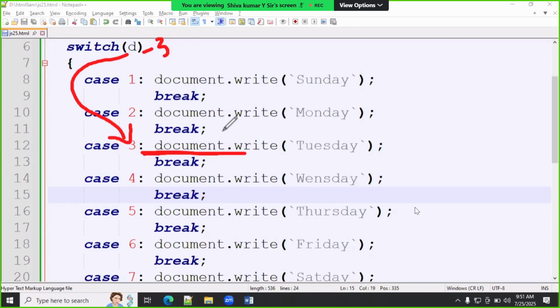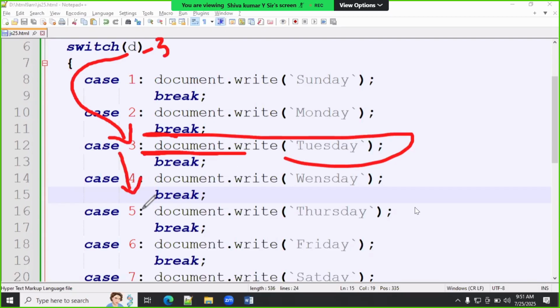My task is completed. Sending signals: when a particular student's task is completed very early, he disturbs all the others, asking how much you completed, how much you completed. He's checking all the surrounding students also. Switch is also doing like that only. Their work is completed, but it's not silently going out. What is it doing, sir? Entering into the next case, up to reaching the